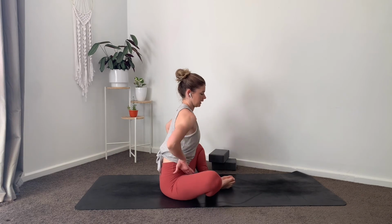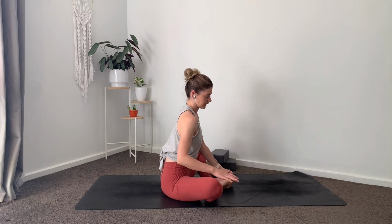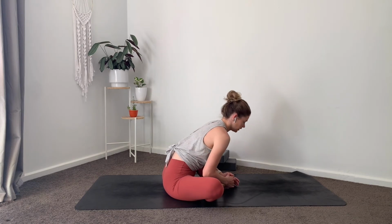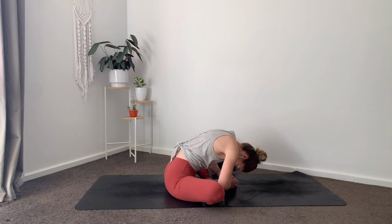So it helps to open up your hips. So never pushing your knees down to the ground. And if you want, you can fold here, bringing your head to your toes. Coming back up,